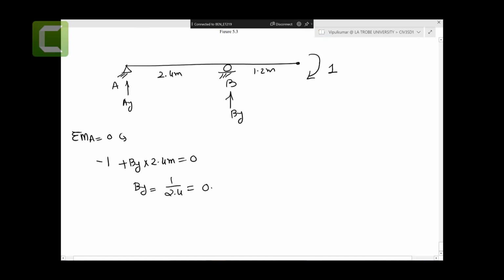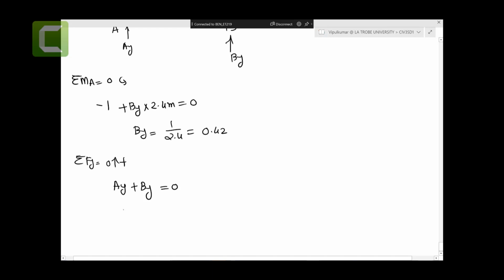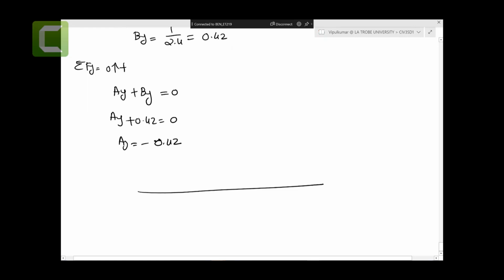You get 0.42, right? BY. And the sum of the forces in the y direction, upward is positive: AY going up, BY going up equals 0 plus 0.42. AY equals minus 0.42, right? So if I redraw the virtual system again,